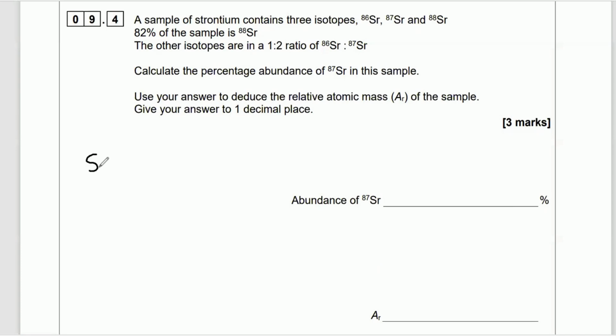Use your answer to deduce the relative atomic mass, the AR, of the sample. Give your answer to 1 decimal place. So there's another 2 marks there. So first of all,